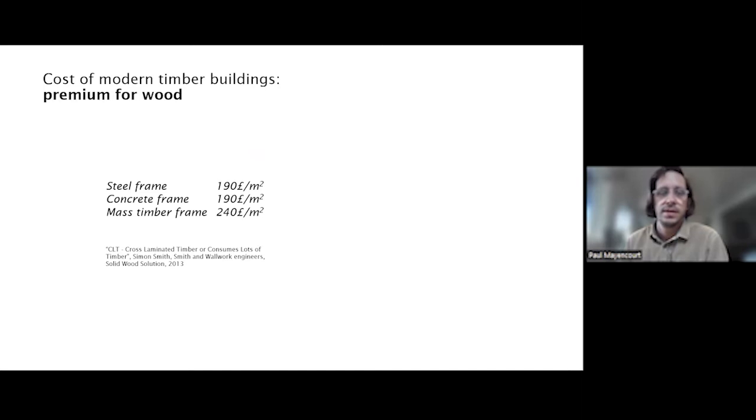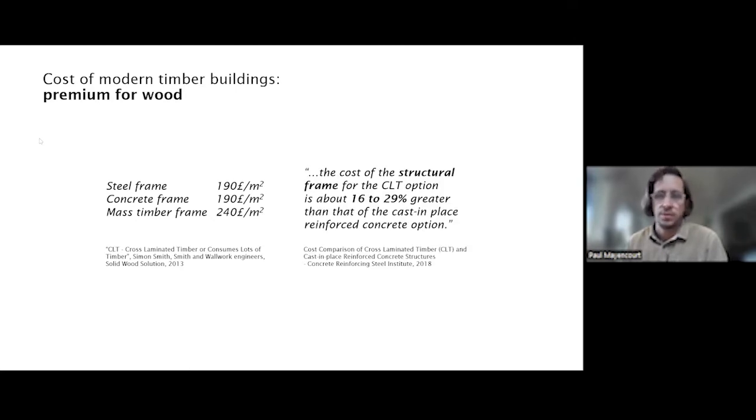And if you look at the data in different places, so this is data from a couple of years ago in the UK, where the mass timber frame is, I would say, substantially more expensive, in the sense that it makes a big difference in the decision, comparing to other materials that are a bit more carbon intensive. And you can see that in other articles, what is seen is that the solution that is the low carbon solution is the solution that is more expensive. So it's really hard to convince clients or developers to go for timber construction at scale, since it's more expensive.